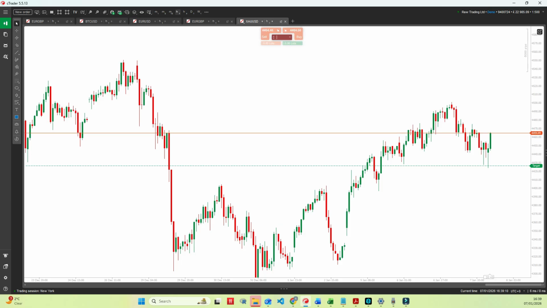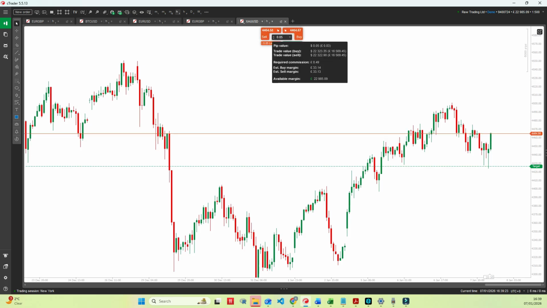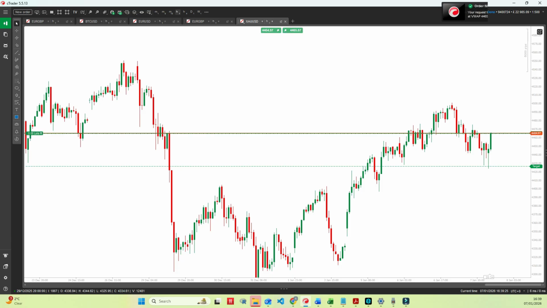Okay. Now, currently we are on go. So let's say we want to place a trade, 0.05 lot, and we want to take a buy. So once we've set our lot size, we hit on buy. Now notice that when you take a trade, you have this